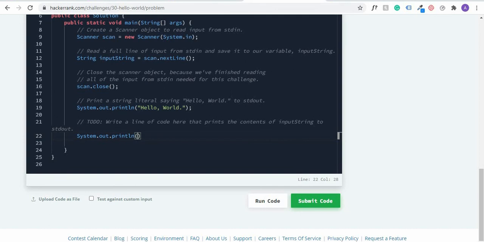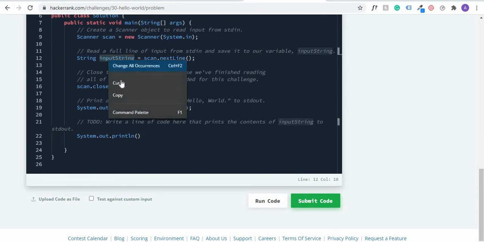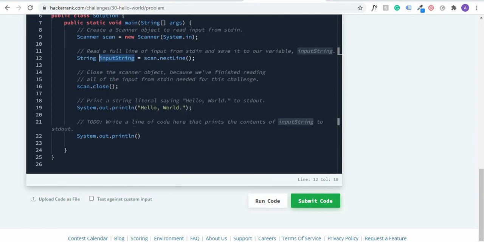We call this one string literals, because you are just printing out what is exactly here. But in this task, you want to print out this input, anything that is entered here. Let us say someone puts in Tunde, then you come back and you put in Wale. If you are printing the second time, you should be saying Wale, not Tunde. So what you're just going to do is copy this place, because you want to print exactly anything that is inside this variable here. So you simply put it here.